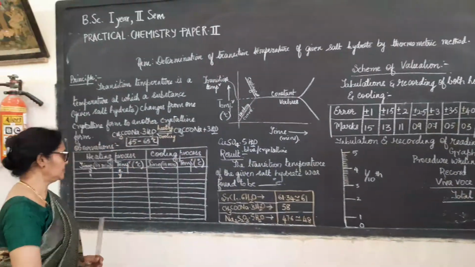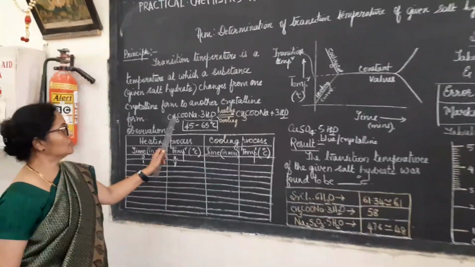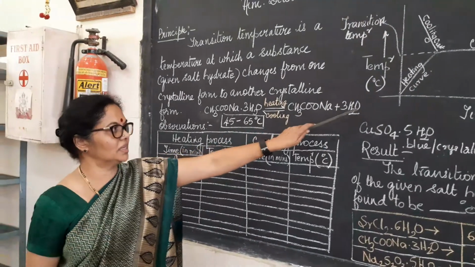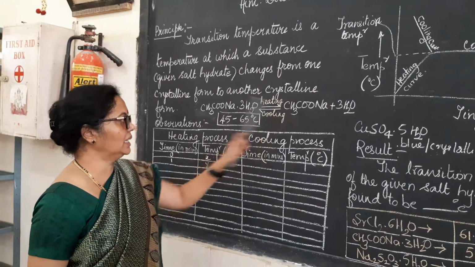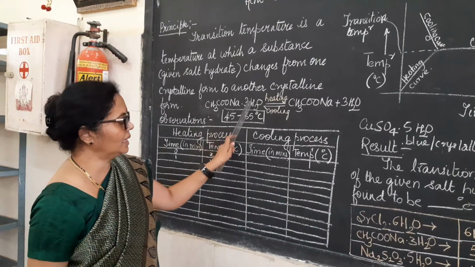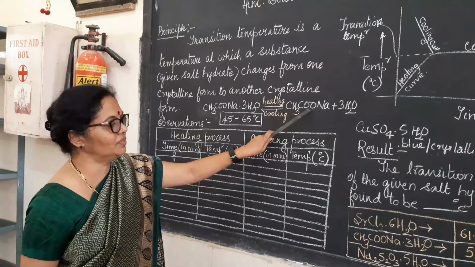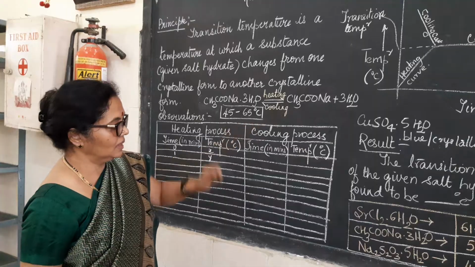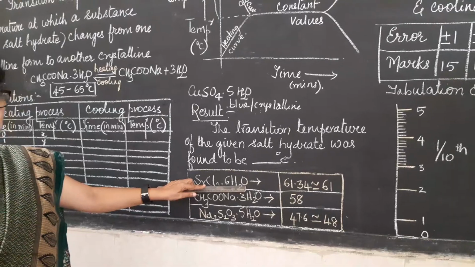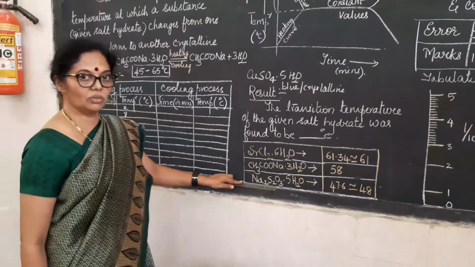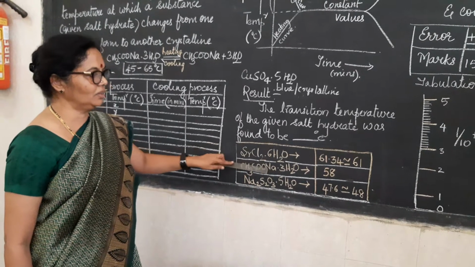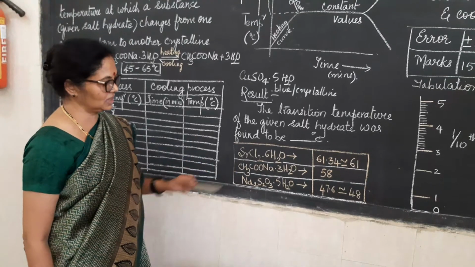So, today we gave you sodium acetate, which on heating dissociated into anhydrous sodium acetate plus 3 molecules of water. On cooling, it reassociated to give us back the salt hydrate. This is the salt hydrate and this is the anhydrous form of sodium acetate. Instead of sodium acetate, they can also give you strontium chloride, which is associated with 6 molecules of water, or they can give you sodium thiosulfate, which is associated with 5 molecules of water. So, any one of these salts can be given in the examination.